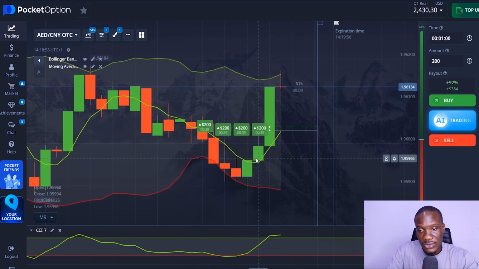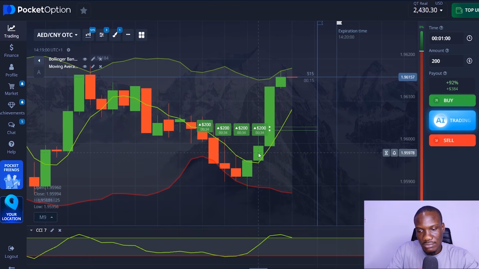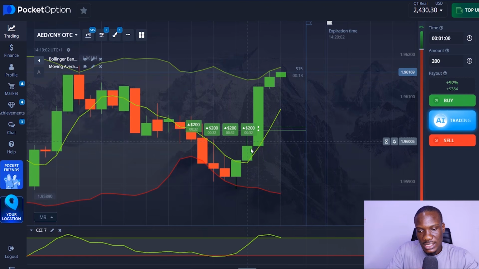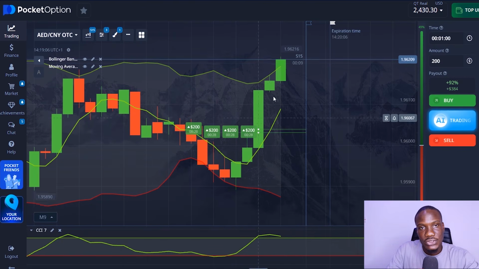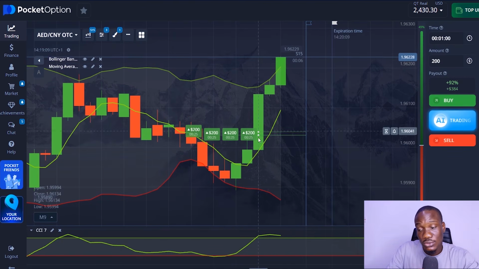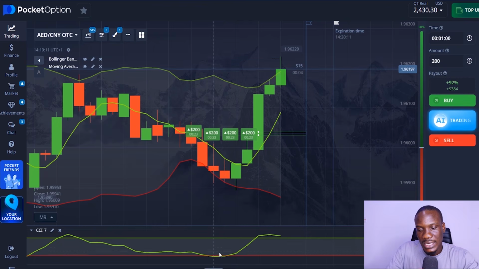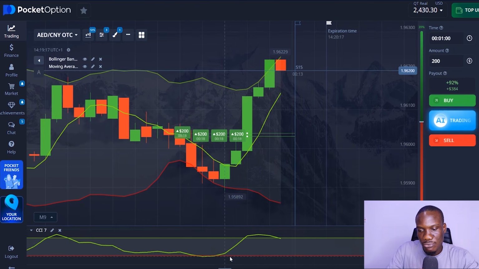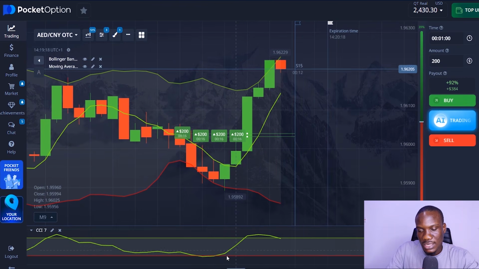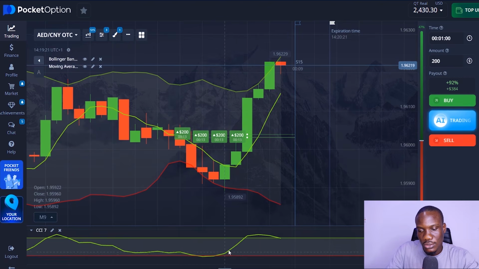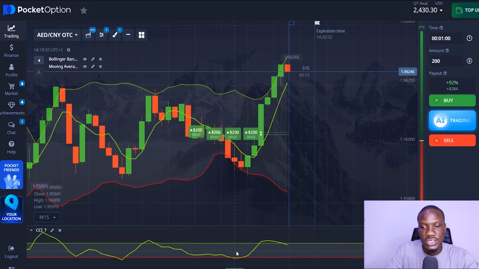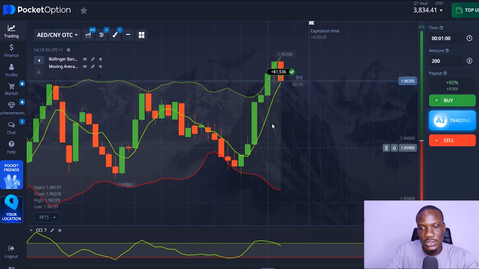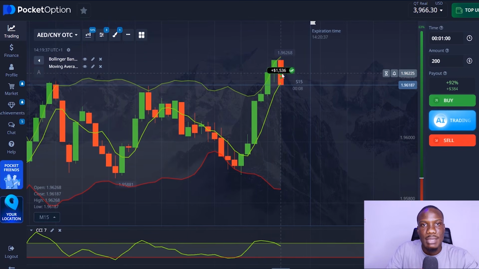Then for me to really confirm the trade entry, I also need to see the consistency of a candlestick moving towards an upside direction, and it has to be above the moving average line to confirm that the market is pretty much ready to go in an upside direction. Not only that, if you could see my CCI indicator, it is giving me a clear move towards an upside direction. The market is moving from the oversold condition going towards an upside direction, which gives me a very good indication that the market is pretty much ready to go towards an upward direction. And right at this particular point, I make my first win